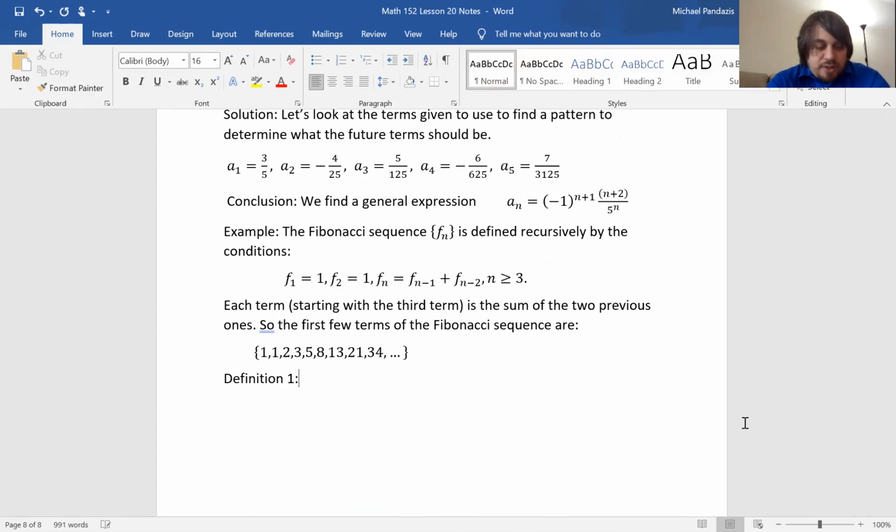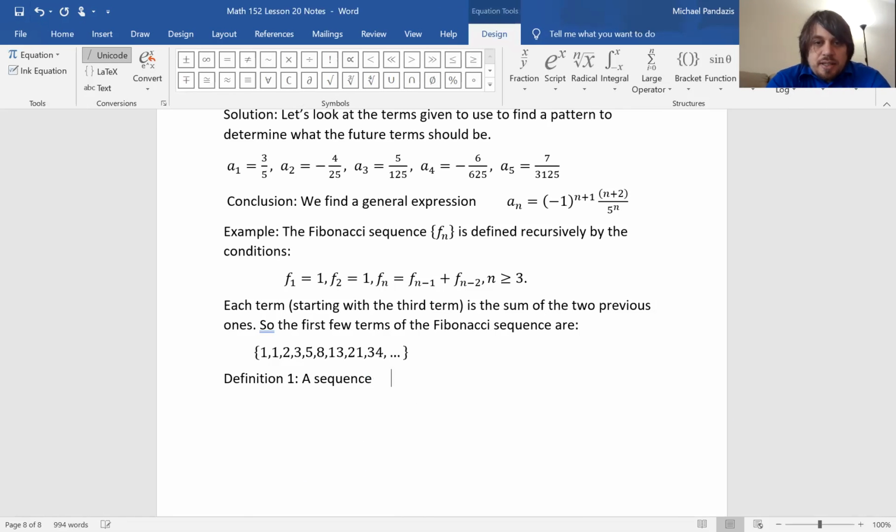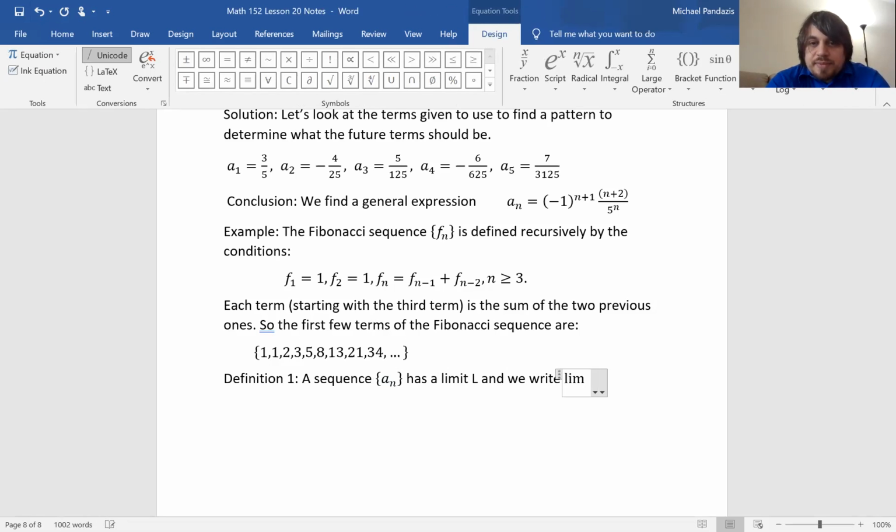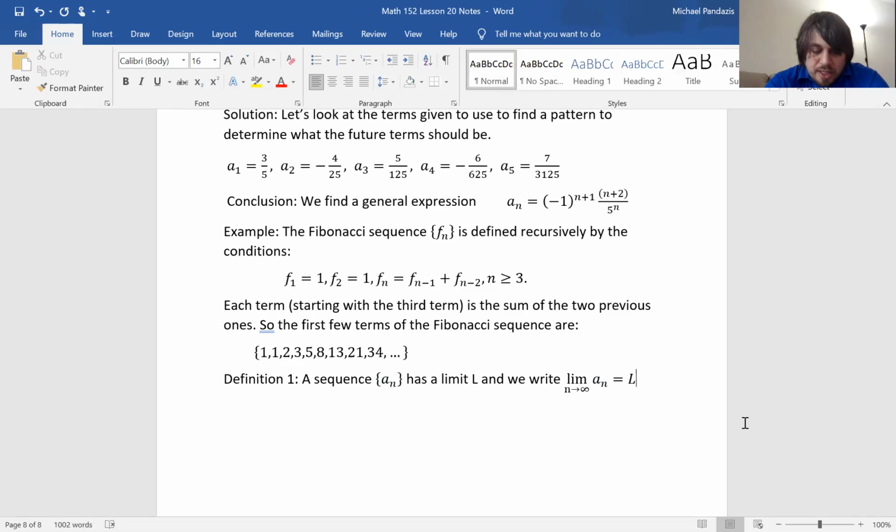Definition 1. A sequence A sub n has a limit, capital L, and we write the limit as n approaches infinity of A sub n equals capital L. Okay, we can move this here. And so we write this for,